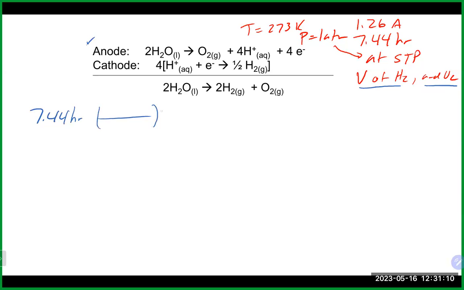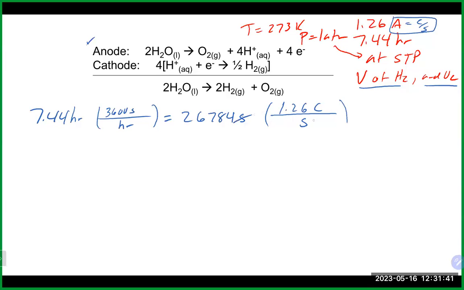So we'll do that. And that's going to be, again, 3,600 seconds per hour. And that will get us 7.44 times 3,600, about 26,784 seconds. I'm going to then multiply that by the amperage, which is basically 1.26 coulombs per second, as an ampere is a coulomb per second. The A is the same thing. All right, so that's going to get rid of our seconds. And if we do that, we will end up with